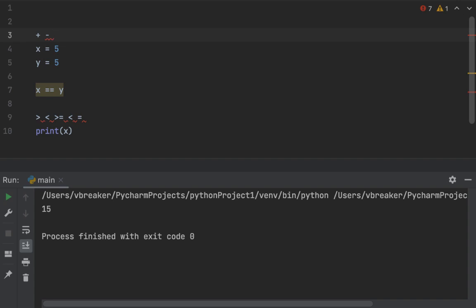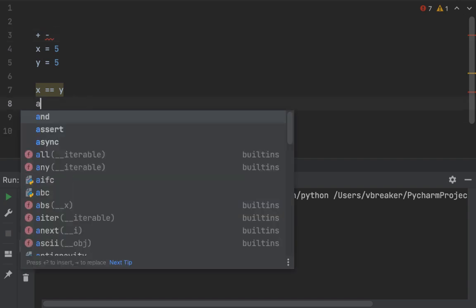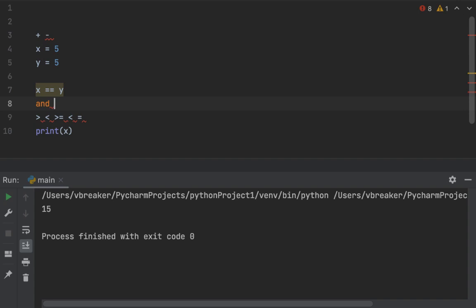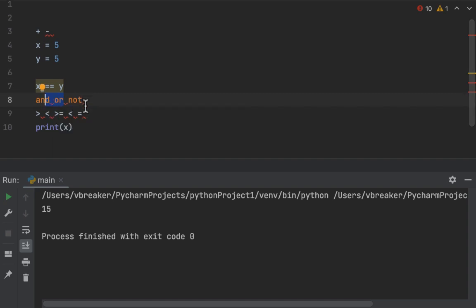Okay, and we have what we call the logical operator. Now in the logical operator we have something like AND, or, not. So AND, or, not. All these are called what? The logical operators. And we will use these a lot when we are talking more about if